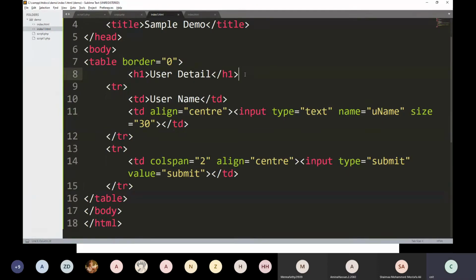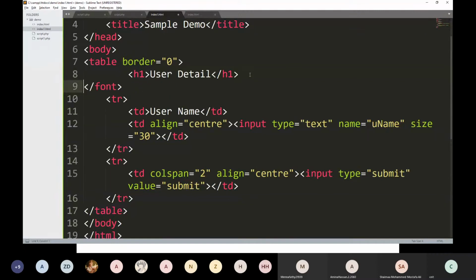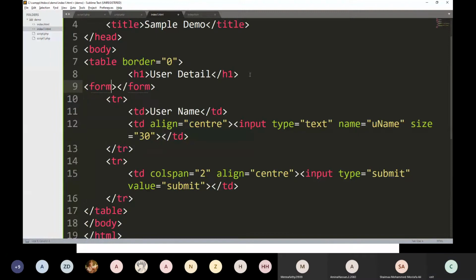This thing I have to write inside a form, with action script1.php and method post.